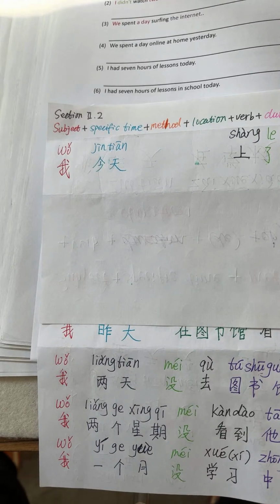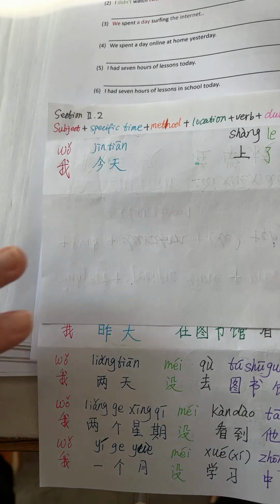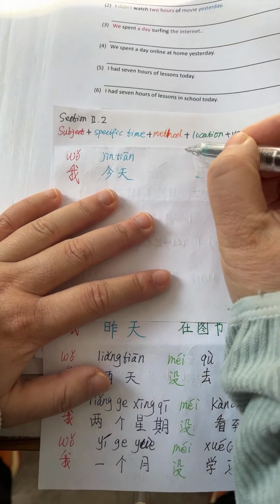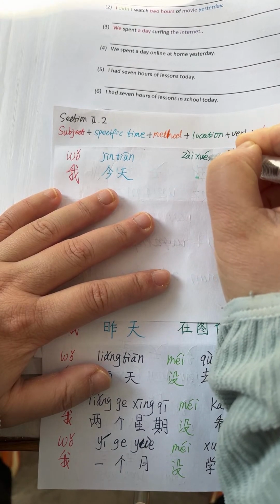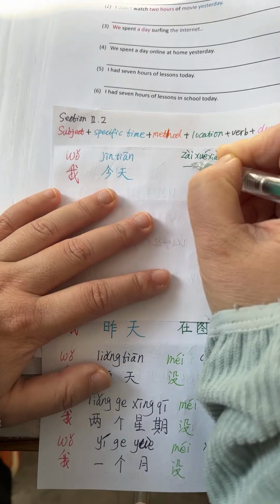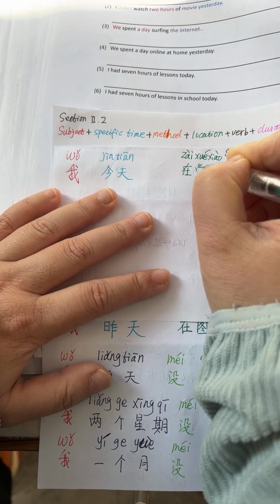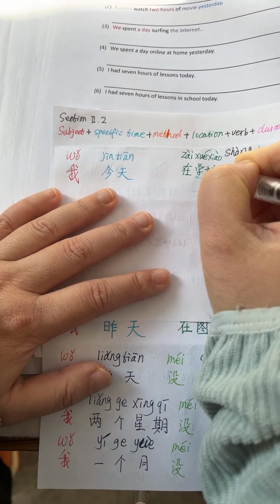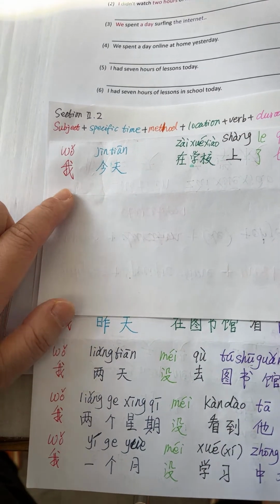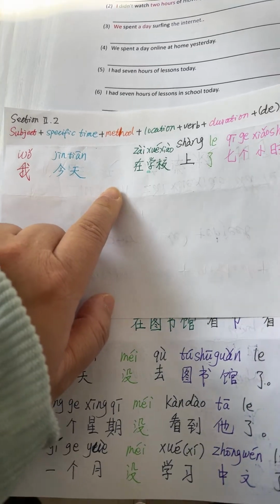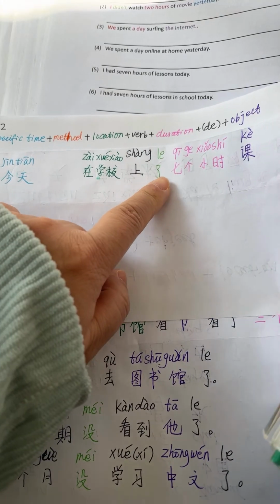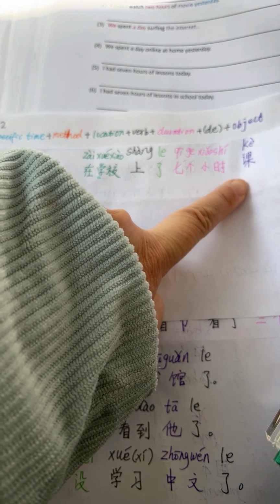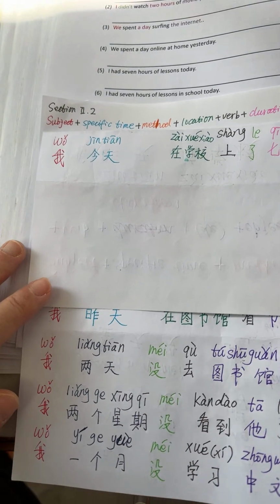In Chinese, in school is a location, 对吧？So we only add 在学校 here. 所以 我今天在学校上了7个小时课。